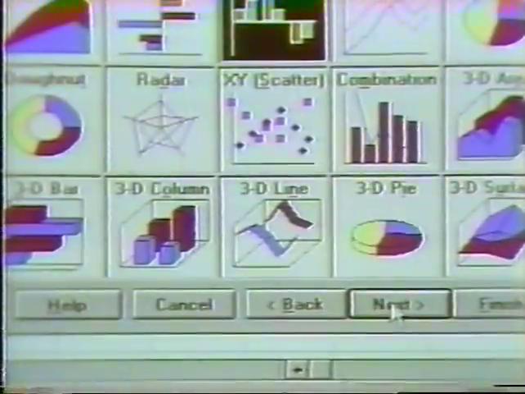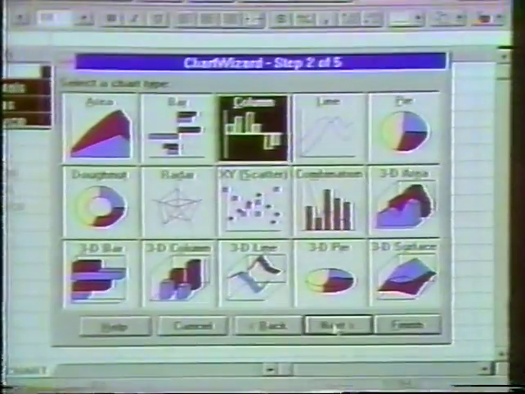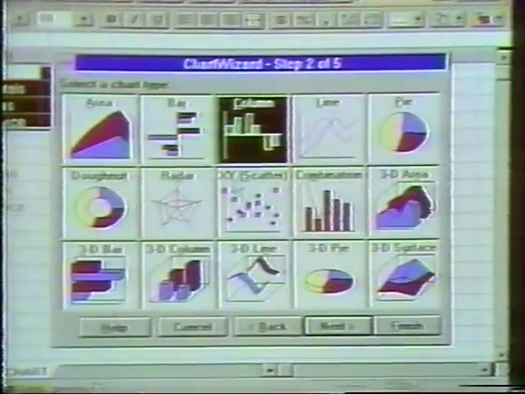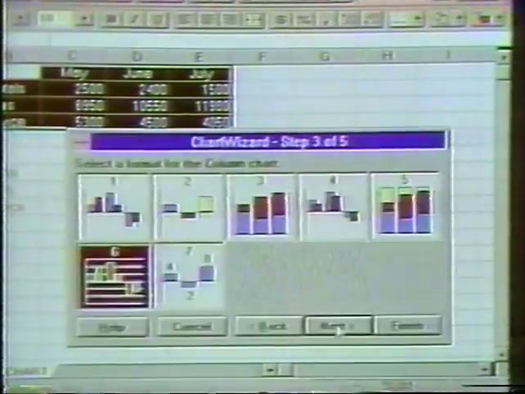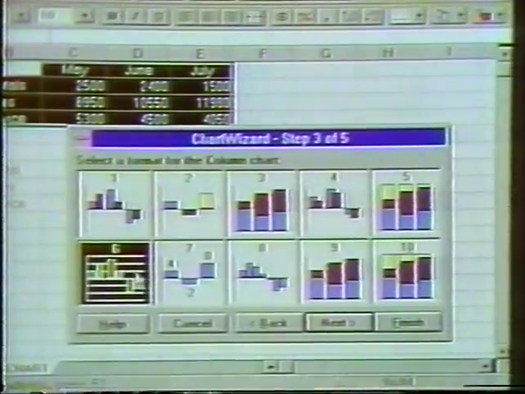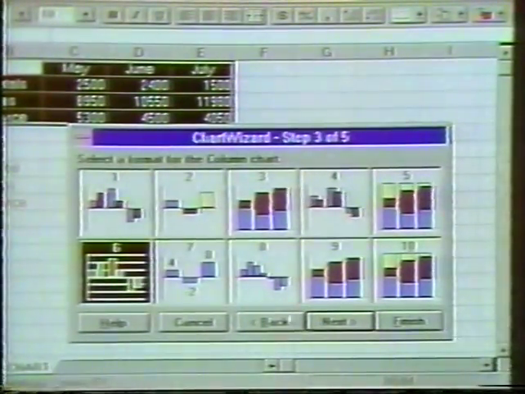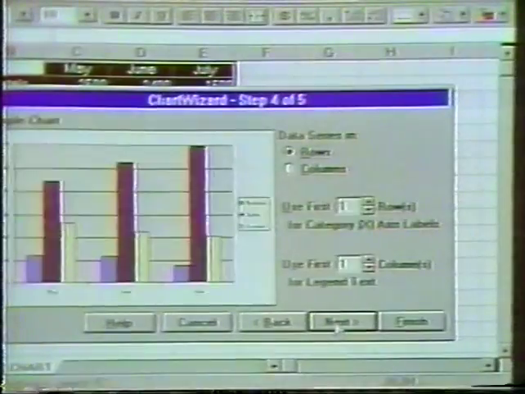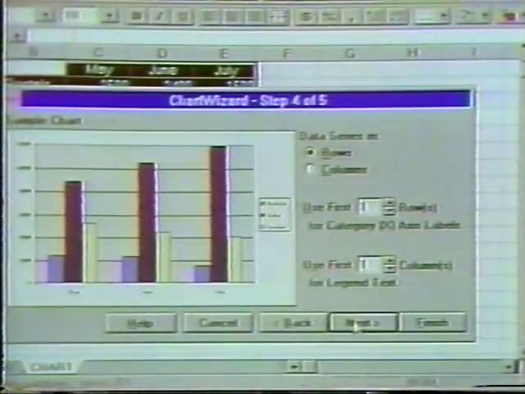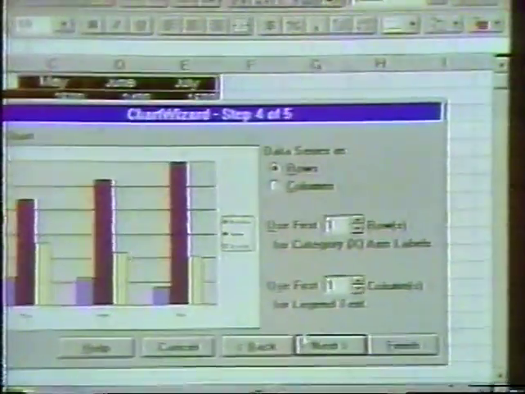Let's click Next. Now this Chart Wizard gives us a choice of the type of chart. Let's choose Column. Click Next. Let's choose this format for the column chart and click Next again. Now we have a sample of the chart on the left, and we're given a choice